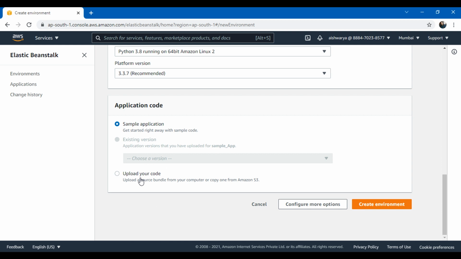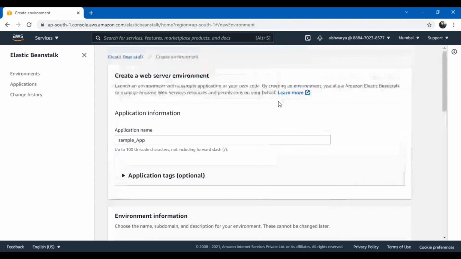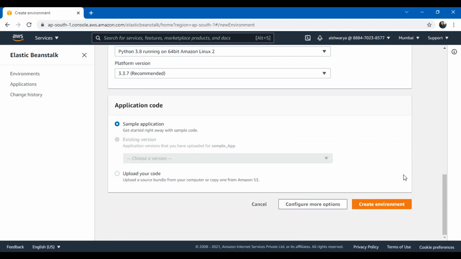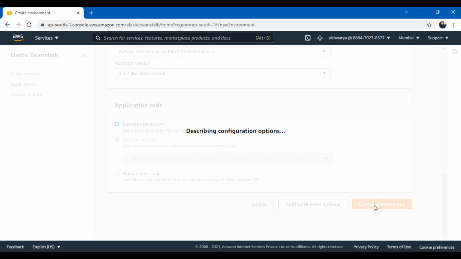Here you can upload your own code. You just have to upload a zip file from your local system, or you can refer to S3, or you can go ahead with the demo for the sample application itself. Here I am not uploading any code from my side. I am just using the sample application, just to show you that this is a way that you can set up. Then click on create environment, and it will take around 5 minutes to set up